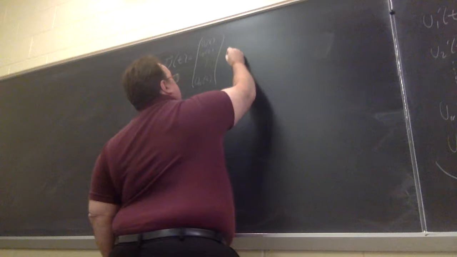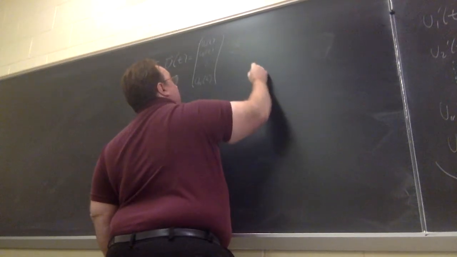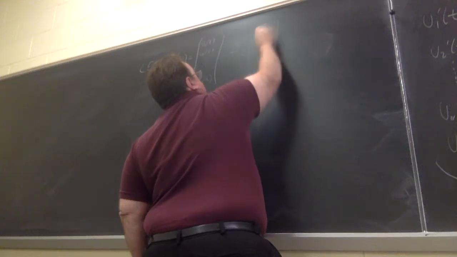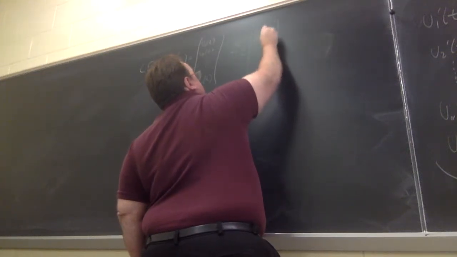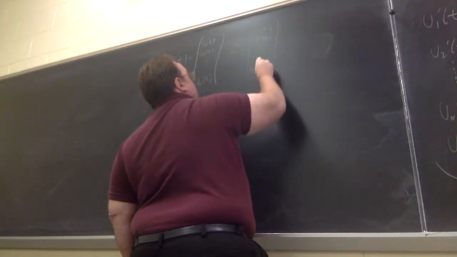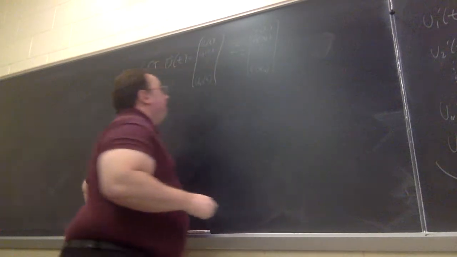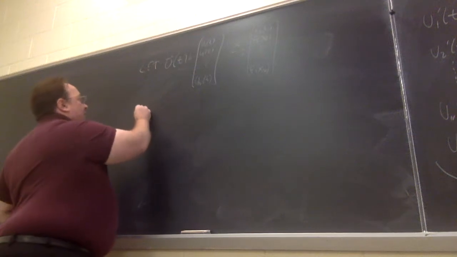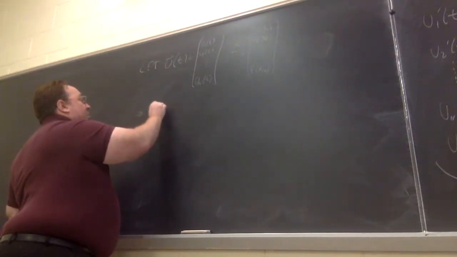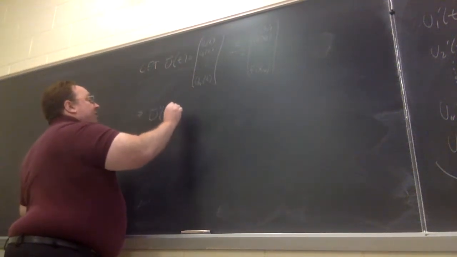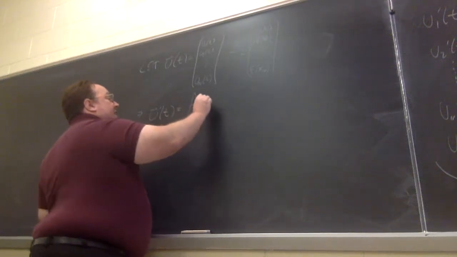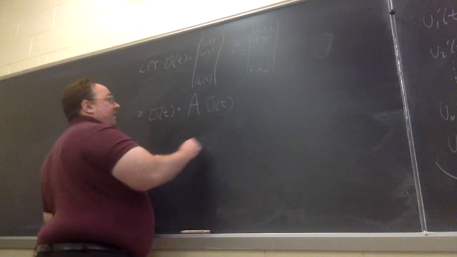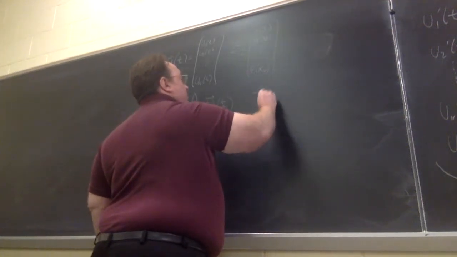And similarly, the vector f consists of values of f at my interior points, x1, x2, xn. Then I can describe my system of ODEs this way. U prime of t is equal to a matrix A times u of t, and the initial condition, u of 0,